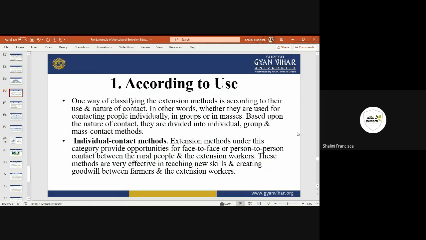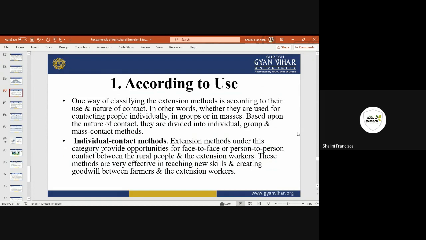Based upon the nature of contact, they are divided into individual, group, and mass contact methods. So now we will understand how these, according to the use, are being divided. So the first one is the individual contact method. Extension methods under this category provide opportunity for face-to-face or person-to-person contact between the rural people and the extension